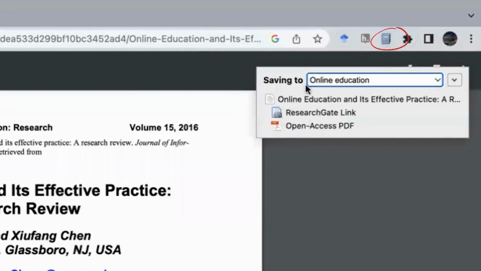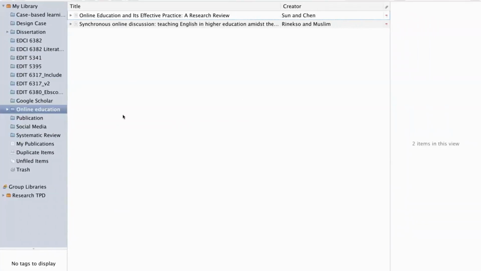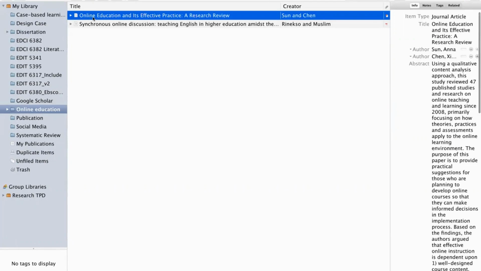And there you go. It is already saved in my folder. So let us check. Okay, so this is the desktop version of my Zotero. And as you can see, this first article is the one that we saved using the Zotero browser connector. So if you double click this one,